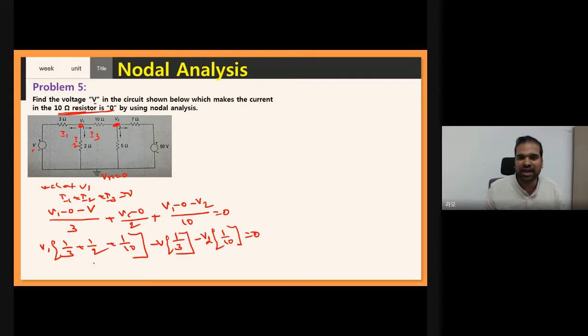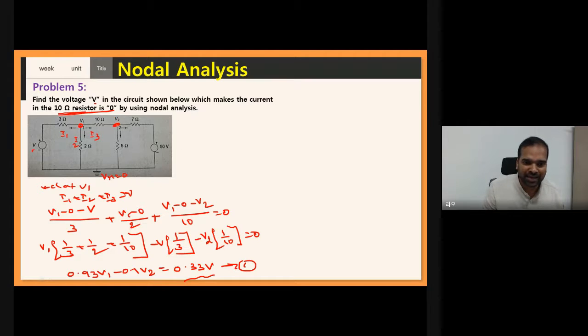So you know 1 by 3, 1 by 2, 1 by 10. If you substitute those values and add everything, for the equation you need to write V1 terms, V2 terms, and the constant term. In that procedure, my V1 term should be, just for time saving, I'm directly writing the answer, 0.93 V1. My V2 term is minus 0.1 V2. And what is the constant term? This V, so here 0.33 V. Okay, until now we get the V1 term and V2 term with coefficients. But here the V term is not a coefficient. V is a variable.